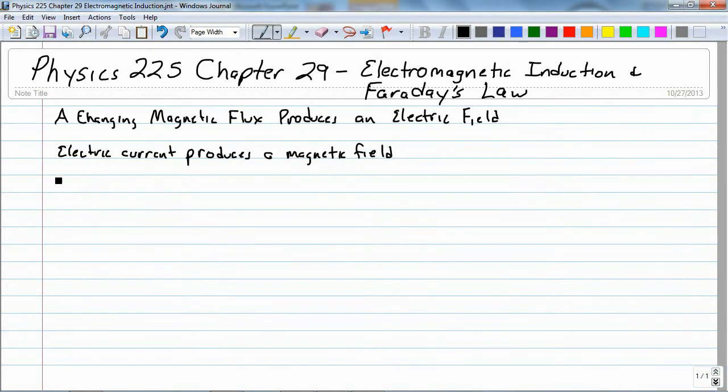And we know that a magnetic, actually should say a changing magnetic flux will induce a current,